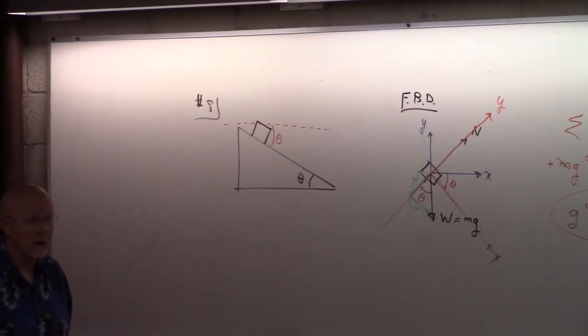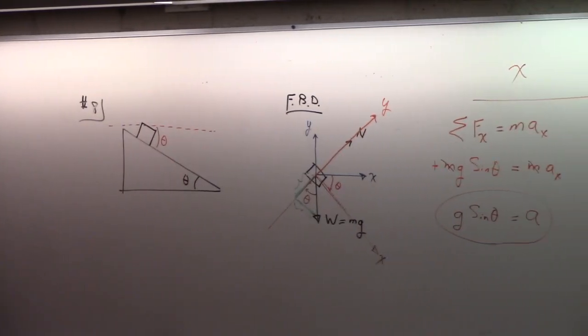Could you explain your picture again? Because I understand that we needed sine and cosine because of the tilting. Yeah. But I didn't understand